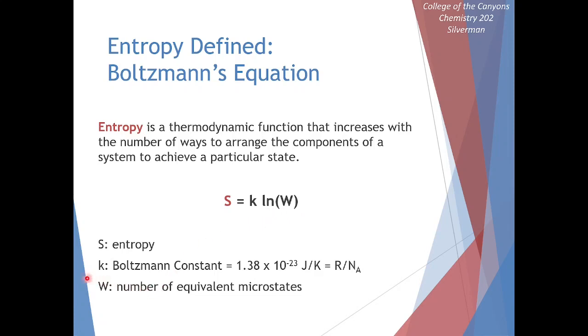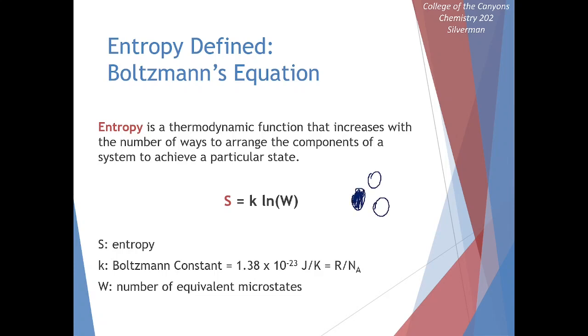k here is a constant. It's known as the Boltzmann constant. It's Avogadro's number and the gas constant smushed together. 1.38 times 10 to the negative 23rd joules per Kelvin. What this means is, if we have a certain substance, maybe it's a very simple one with maybe one blue atom and two white atoms,